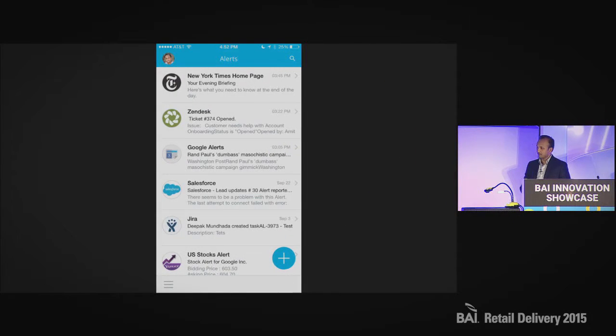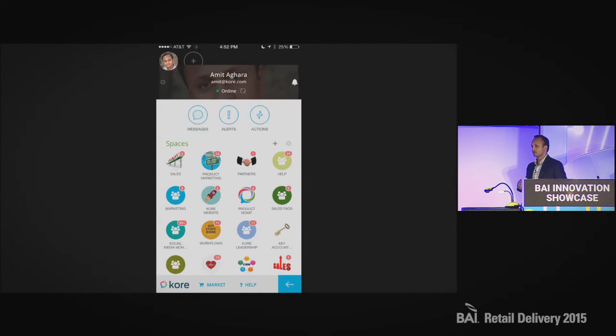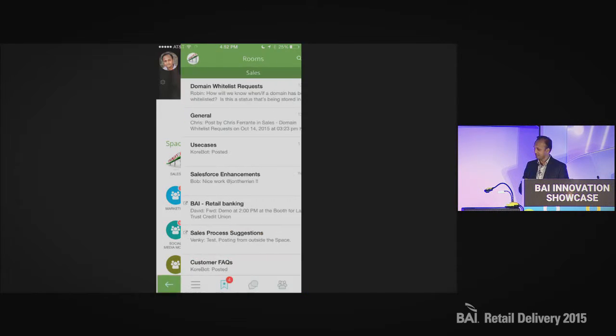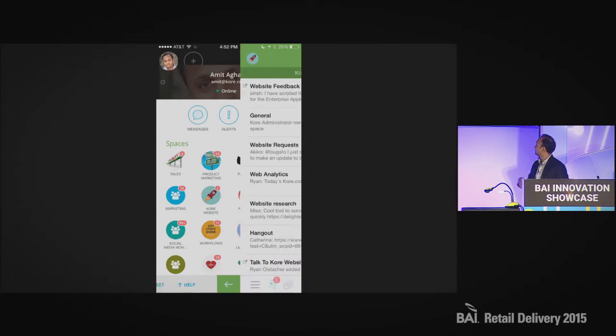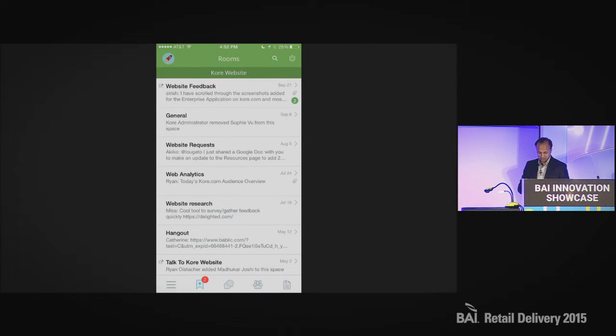The same thing is available for me to use in the context of teams. We have an idea around spaces and rooms. So while I'm using messaging for one-on-one or one-to-many communication, here I'm part of various spaces like sales, marketing, HR, product management, etc. If I go to one of these, let's say sales, I will see various rooms within a space which are contextual conversations happening around various topics. If I go to core website, I would go to website request,